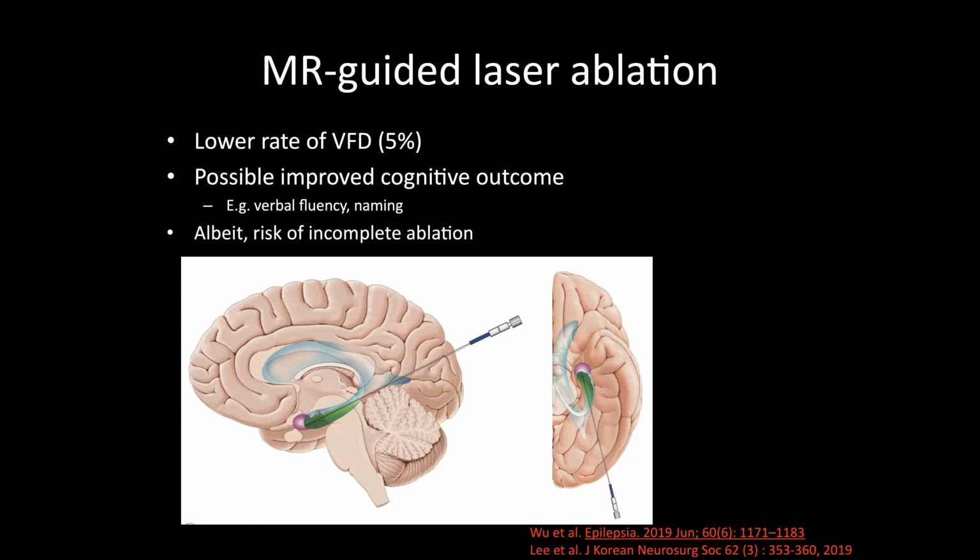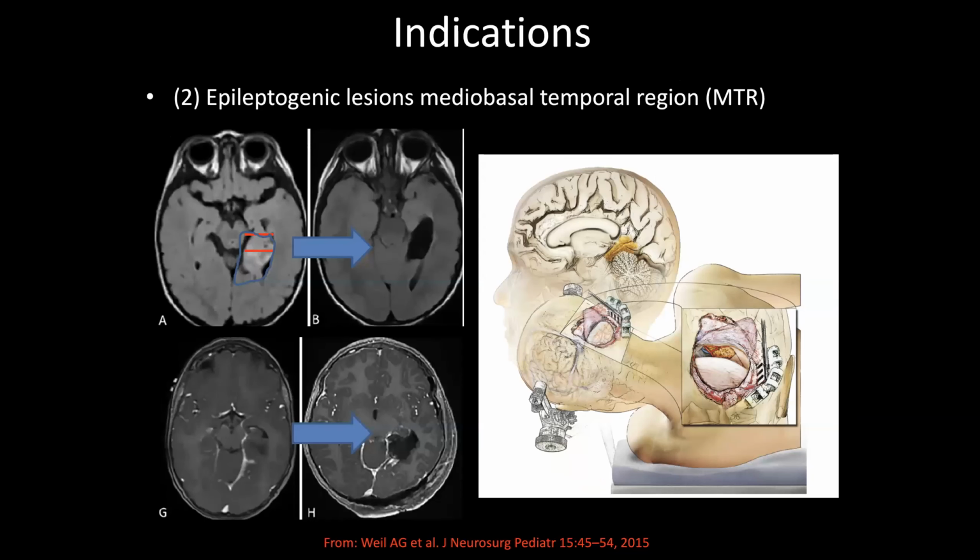As Dr. Smith pointed out, this does potentially come at the risk of incomplete ablation of the mesial structures. In my practice over the last 5 years, I've been essentially using the SCTT approach for lesional non-hippocampal sclerosis of the medial basal temporal lobe. The majority of cases being neoplasms, although many others have treated AVMs, cavernomas, and other types of tumors.